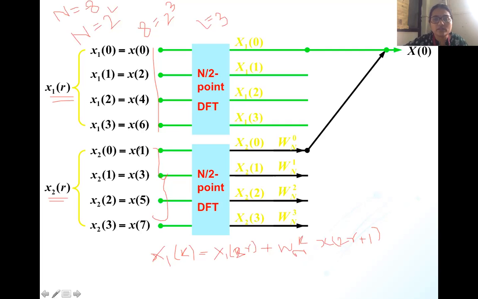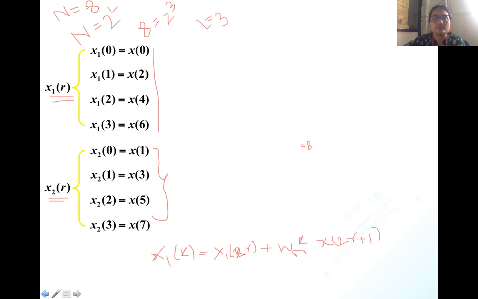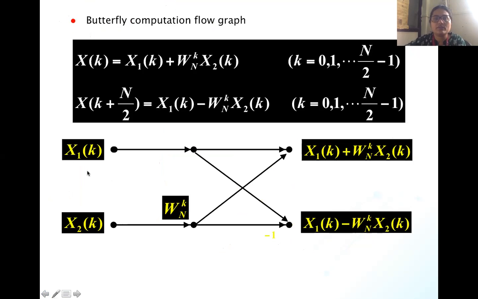So these are the odd points, x of 1, x of 3, x of 5, and x of 7. All these are odd points. So x of 1 gets multiplied by W raised to 0 suffix N. Here N is equal to 8, so you can directly write it as W raised to 0 suffix 8. And then complex addition is taking place. In the next part, the subtraction is taking place for the remaining half points. You will have to keep this equation in front of you.